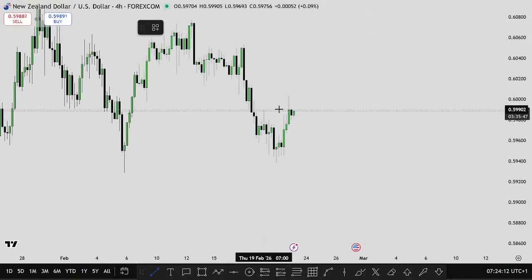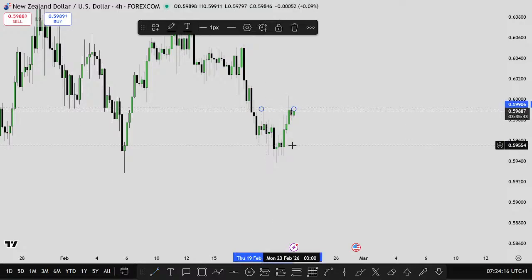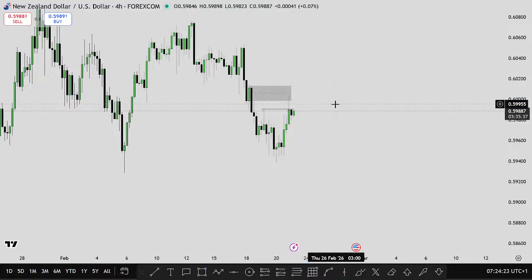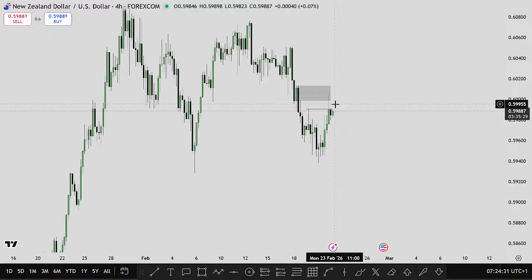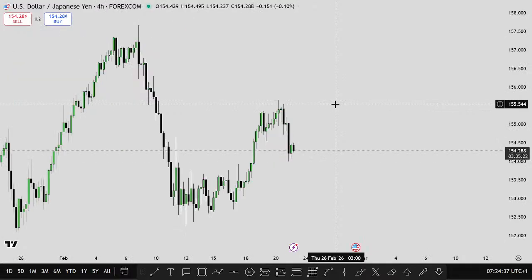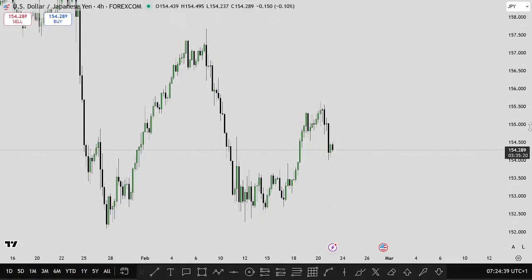But what price is doing at the moment is sweeping this liquidity here, and is also respecting or responding to this OB on the 4 hour time frame here. So those are the major things that price is doing at the moment. Let's see how it goes from here. So that's NZD, right? So for USD JPY,